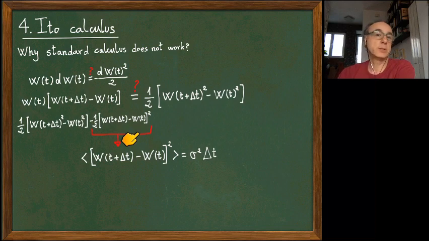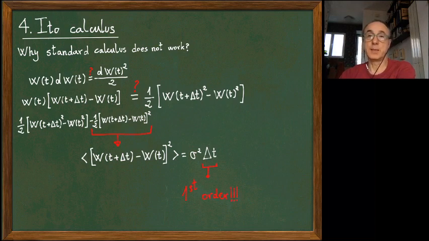And then Δt squared is negligible when we integrate, because the number of terms in the integral is 1 over Δt. So this question mark tells us that this is equal to this up to first order in Δt. But the problem with the Ito interpretation is that this is no longer of order Δt squared. The square is of order Δt. So we cannot neglect this term.